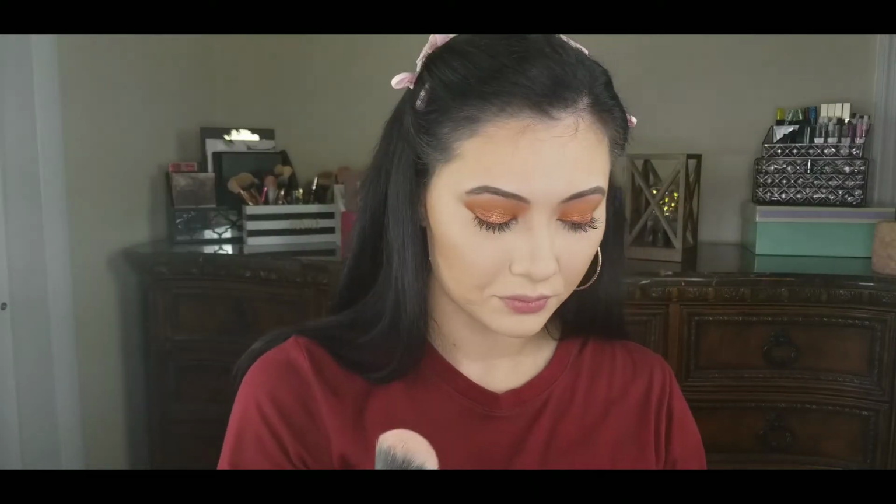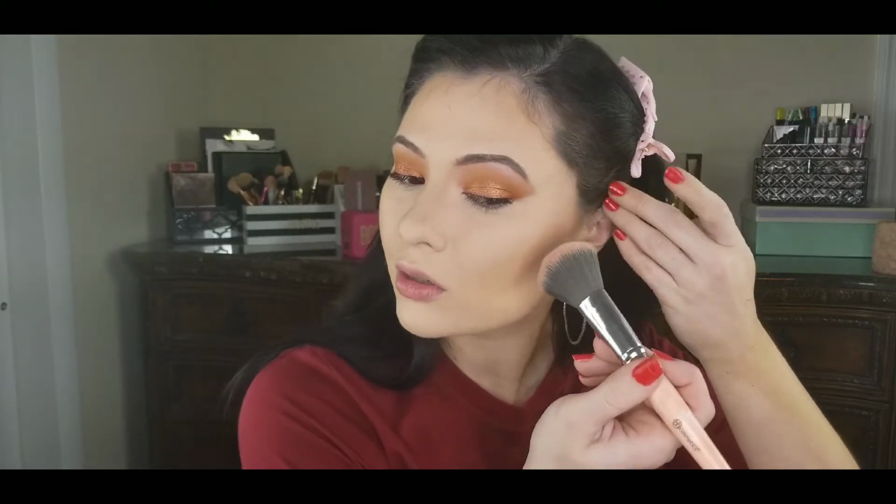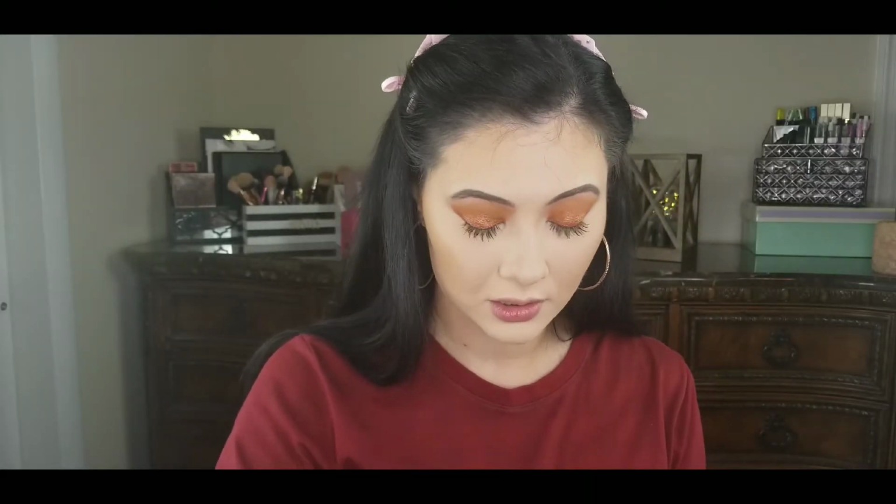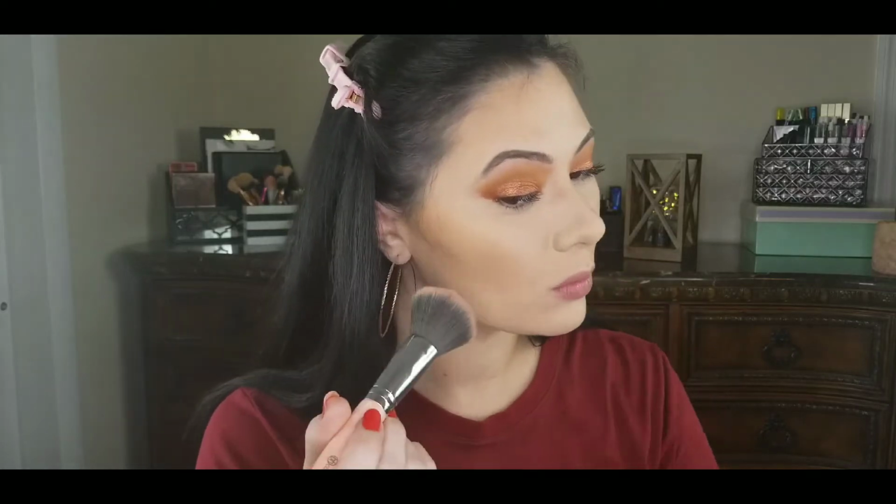This is from a BH Cosmetics marbled set. I'm going to pick that up, knock it off. I'm going to start right here, directly on top of the bronzer. It's a really pretty shade, if you guys can tell, really super pretty. Then we're going to,